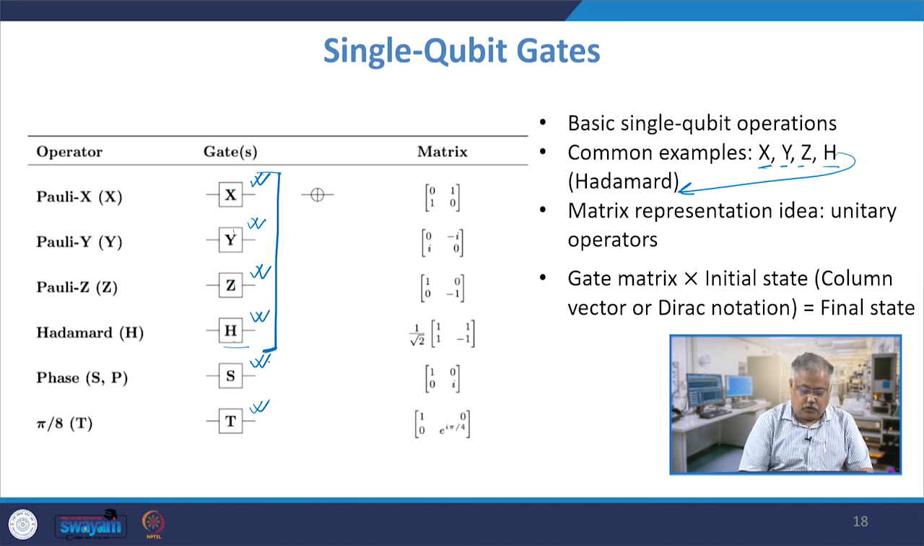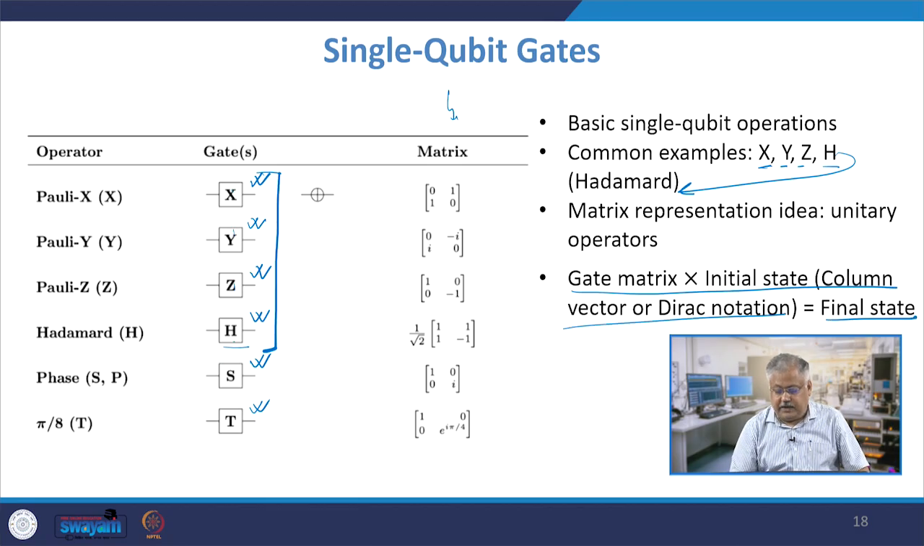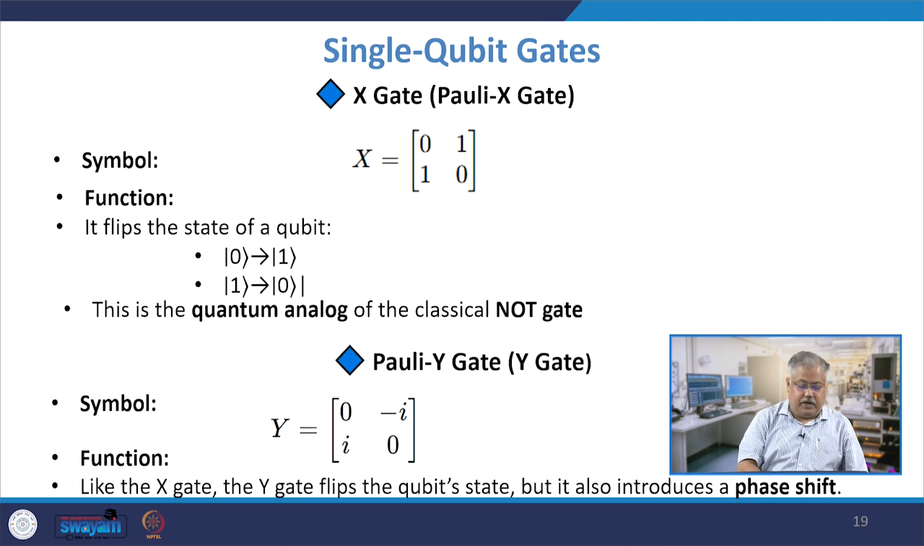As I told you, there is a matrix representation on the right hand side. Whenever I insert, let us say, a Pauli X gate onto a system, I basically insert a matrix whose principal diagonal is 0 0 and whose off-diagonal is 1 1. So it is a unitary matrix. When we multiply this gate matrix with the initial state, which is the column vector or the Dirac notation, we get the final state. So you multiply the gate matrix with a column matrix. Let us take a deeper dive into what an X gate is, which is a Pauli X gate, also referred to as